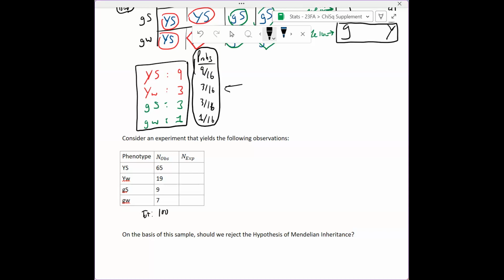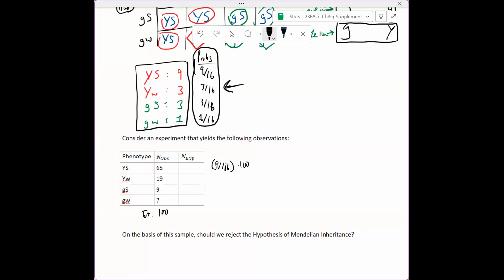So then if Mendelian inheritance were true, if the null is true, and if I had a perfectly representative sample, what would I expect for yellow smooth or green wrinkled or whatever? Well, I would expect, for instance, 9/16